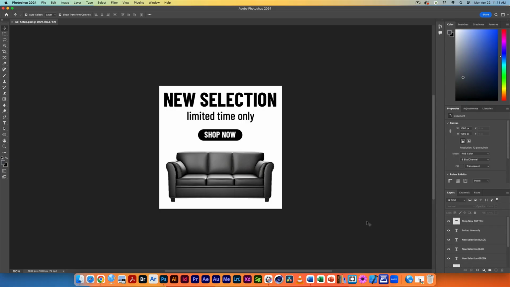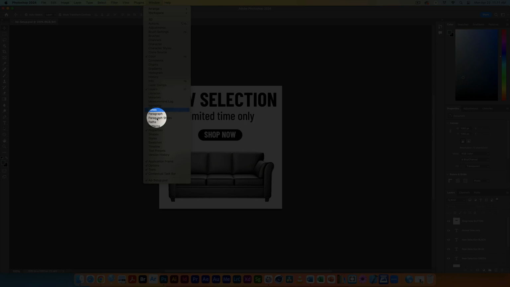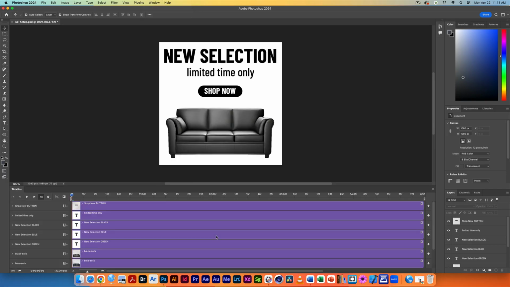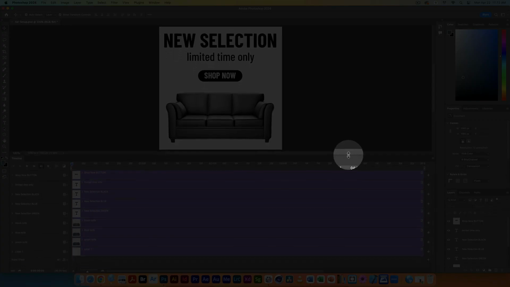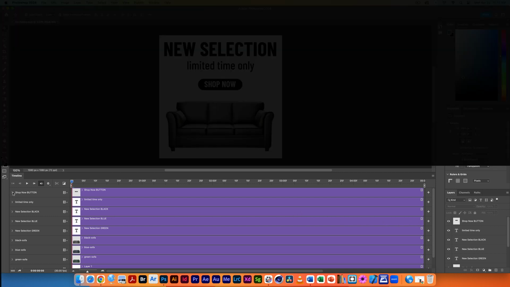Once you have your document all set up, the first step is to open up the timeline window by navigating to the top of your screen, selecting Window, and then selecting Timeline. Click Create Video Timeline. You can adjust the height of this window by dragging this area up and down with your mouse. Something you may want to make sure of is that you can see both your timeline window and your whole document. For this video, we will be making use of these areas down here, the timeline and the